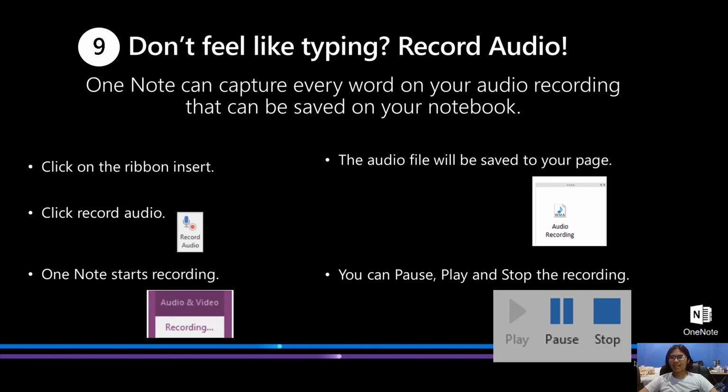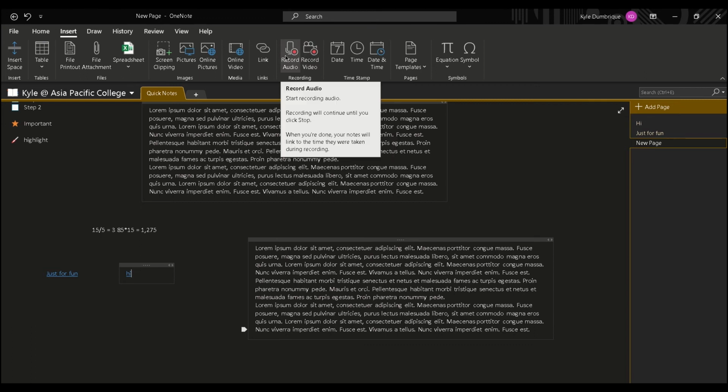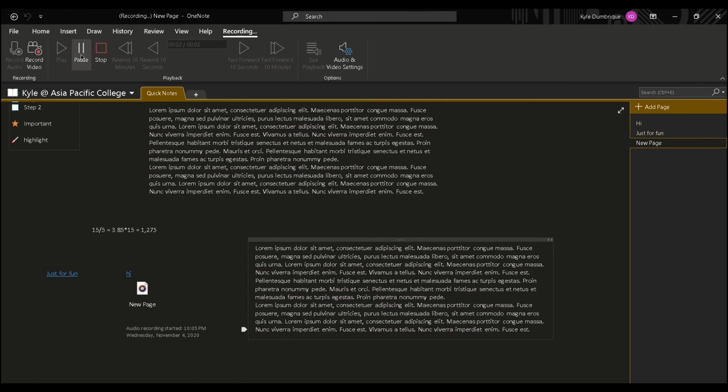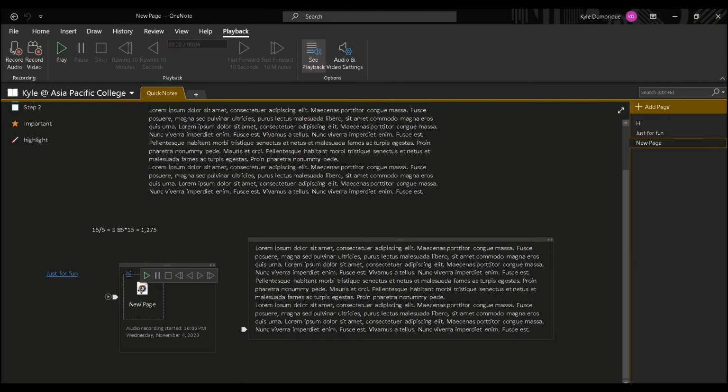Also, just like with the online version, we can record audio. In the desktop version, we have here the record audio and the record video. So if I want to record audio, I will just click this. And there we go. It's already recording. Stop. So if I want to hear it, I will play it here. So if I click this,